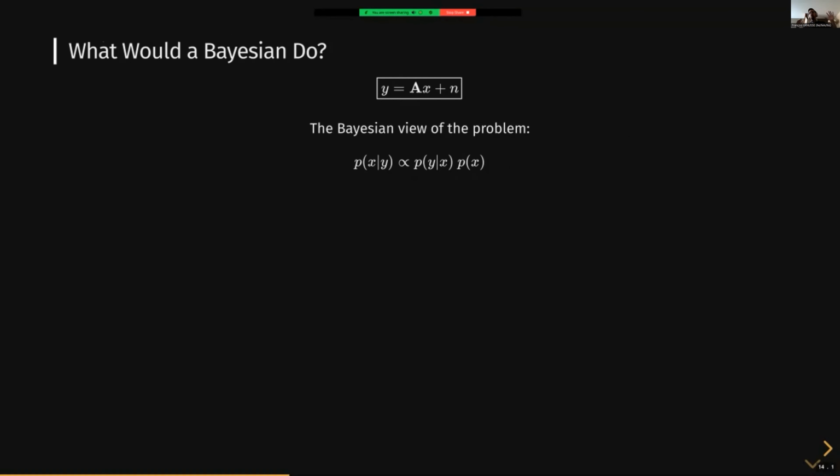Okay, so how can we try to do this? Well, we'll take a step back and try to think about this problem in Bayesian terms. So in Bayesian terms, I'm looking at this equation here, and I'm not actually interested in solving for one particular x here. I'm actually interested in trying to quantify this full distribution of all possible solutions x for a given set of observations y. If you remember your Bayes formula, you can actually decompose this full distribution here in 2 terms.